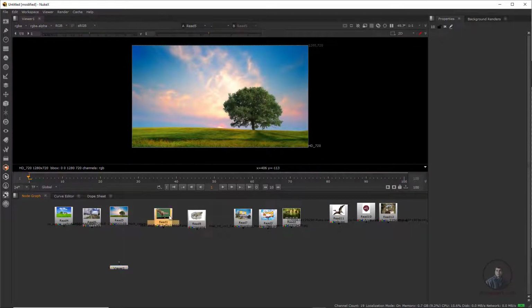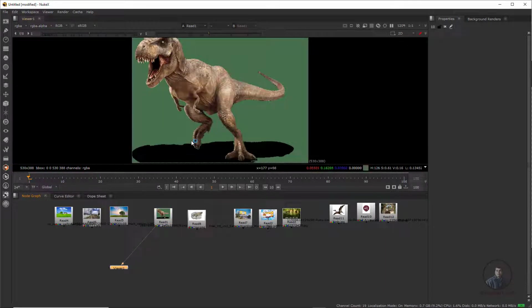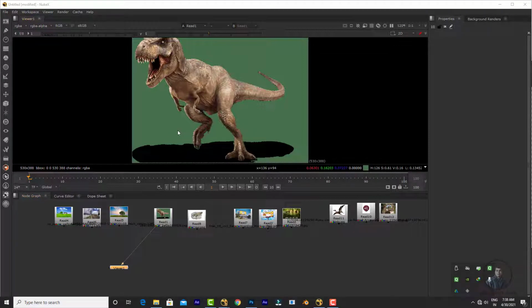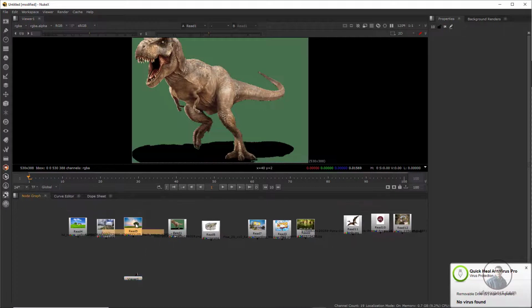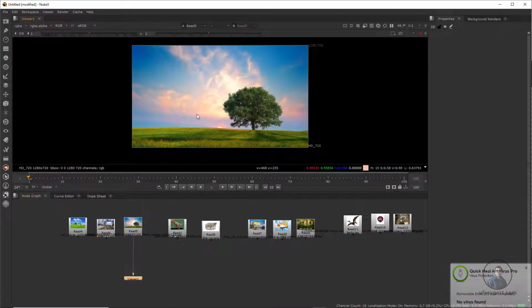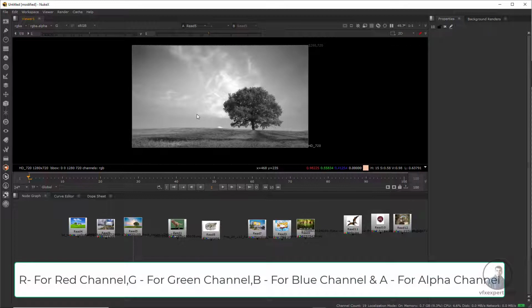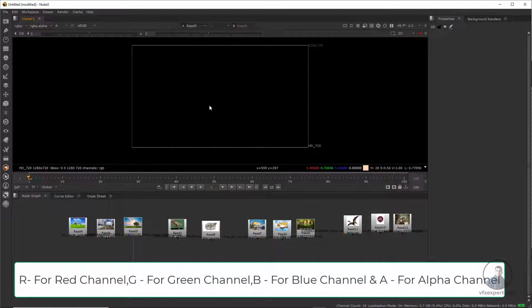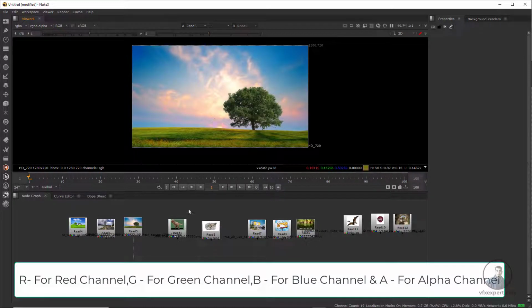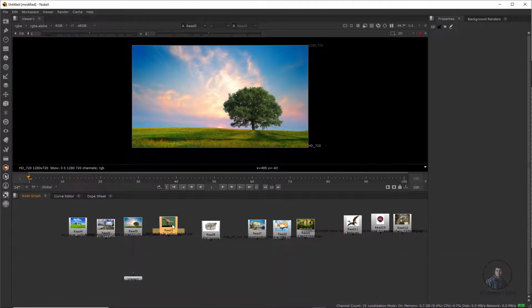So remember this one, this is important. Again, the foreground image should be a 4-channel image. If there is no alpha channel, this background will also come with your composite. So now first we are going to check if this image contains an alpha channel or not. So this is our background. Now press 1 here. Now press R for red channel, G for green channel, B for blue channel, and A for alpha channel. So in our background there is no alpha, no problem, but in our foreground object alpha should be there. So again select this one, press 1.